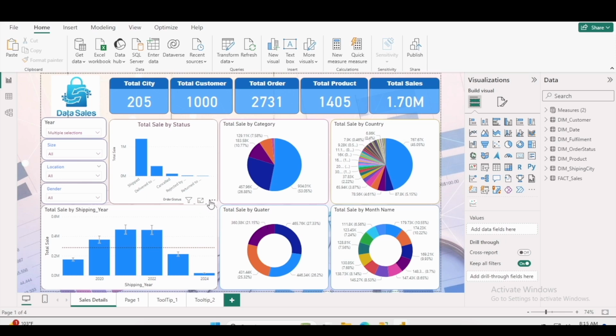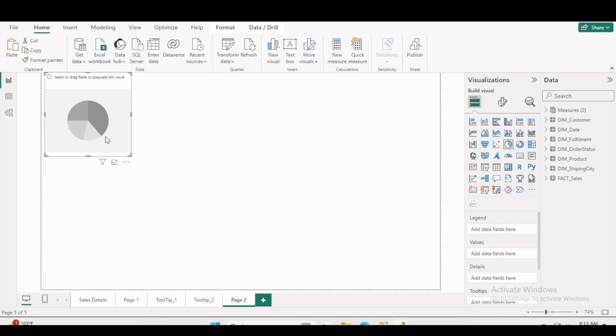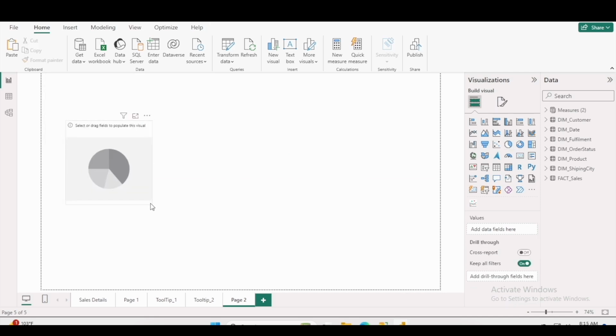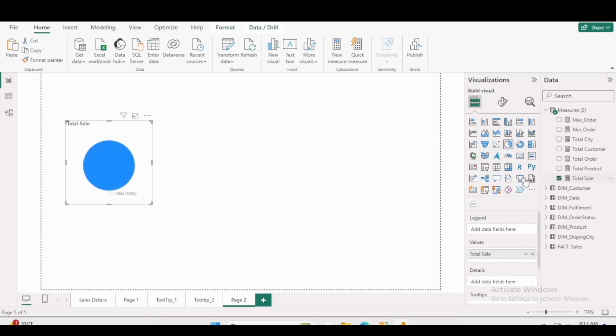And one more thing we are going to learn in this section: how to exclude our visualization or our report from being filtered when we are selecting anything in these drop downs. Okay, so I'm going to create a new report here in which I'm going to add one visualization, this one, and here I'm going to add our total sales on the basis of